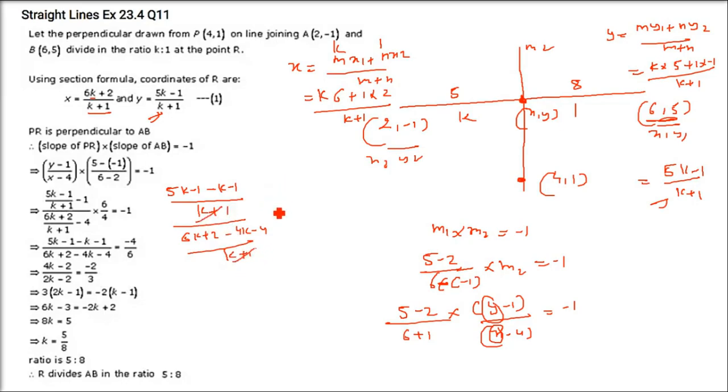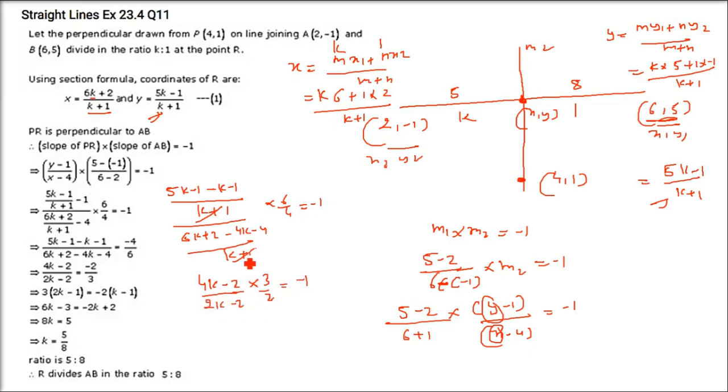And k plus 1 will get cancelled. Now 5k minus k is 4k, and minus 1 minus 1 is minus 2. 6k minus 4k is 2k, and you have minus 2, into 3 by 2,